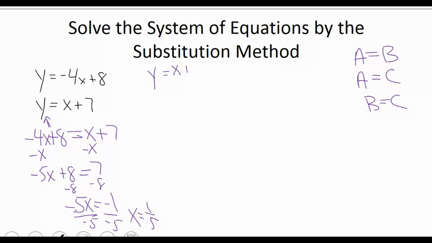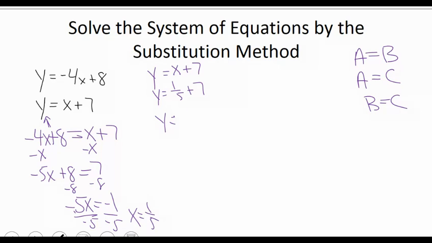So y equals x plus 7. And in place of the x, I'm going to put a 1/5. So 1/5 plus 7, that would be 7 1/5, but we want our answer to be an improper fraction. Again, we got our calculator to help us out, but that would be,